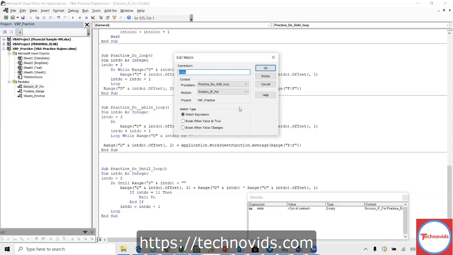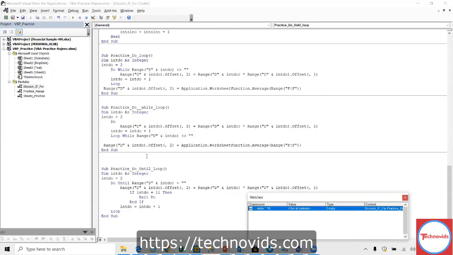Whatever variable. Generally, it's applicable for variables, but you can also do something like this. You need not do this. You can do integer variable. That's why it's called expression. So I have added I times 10. Okay, so let us run this again. Now if you see, it is becoming 10, 20, 30 like that. So it is an expression.